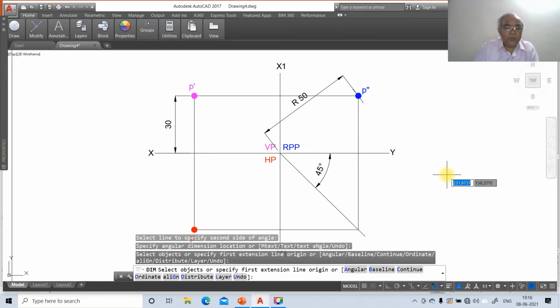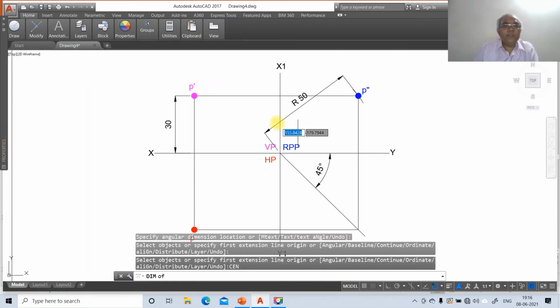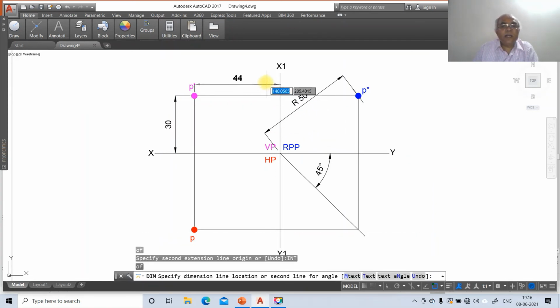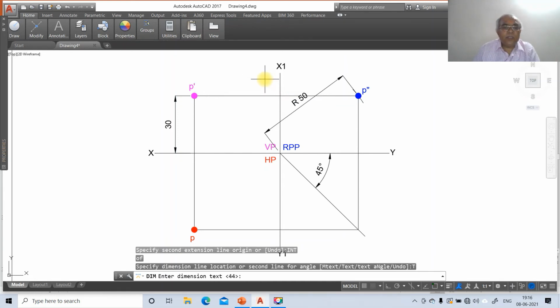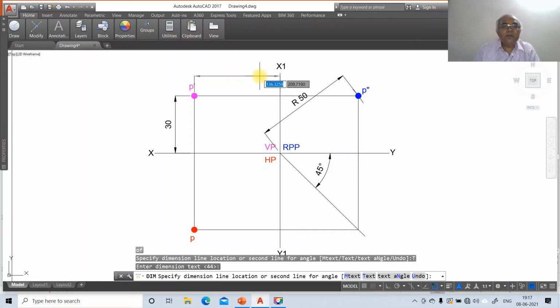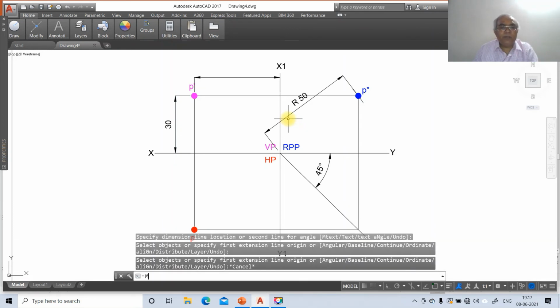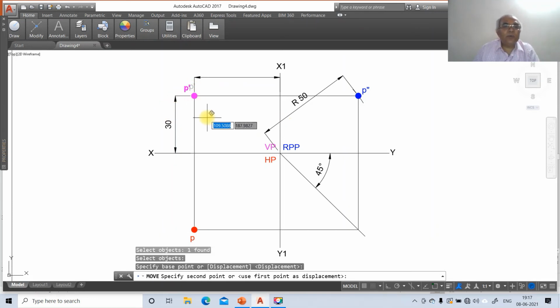Then go to center of this and take the intersection part of this. And here you just go to text and don't write the text, give a space and then press enter. So there will be a space here, the text will not be written. You just place the dimension line location wherever you want. Then escape, then move, select this and move it out.